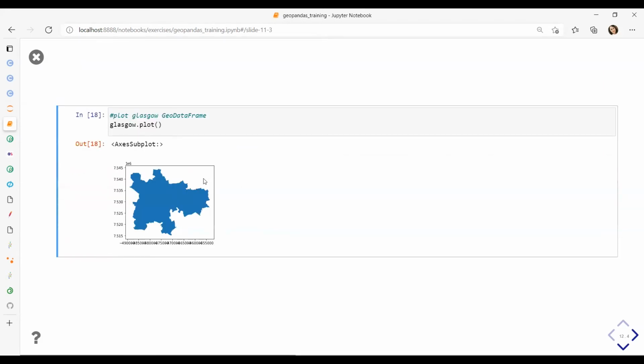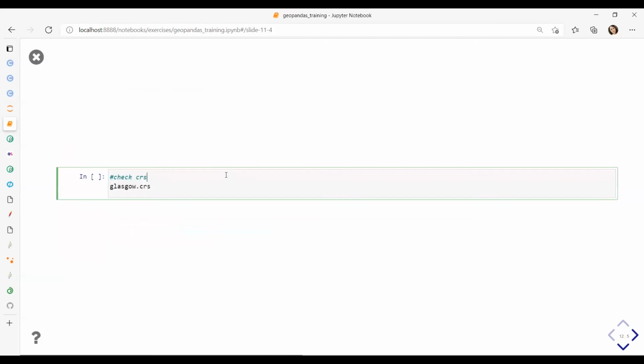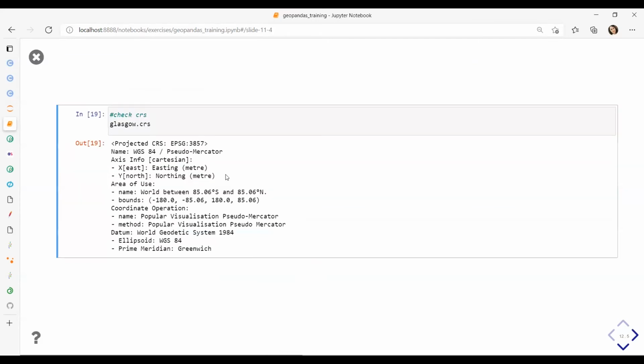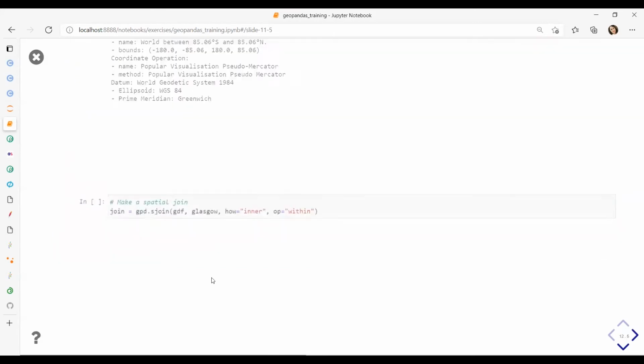Again, if you're familiar, this is a Glasgow boundary, just a visual check. Let's check what coordinate reference system it is in. So it is in WebMercator. If you remember, on the previous step we projected OS data and the Glasgow GeoDataFrame kind of inherited it.